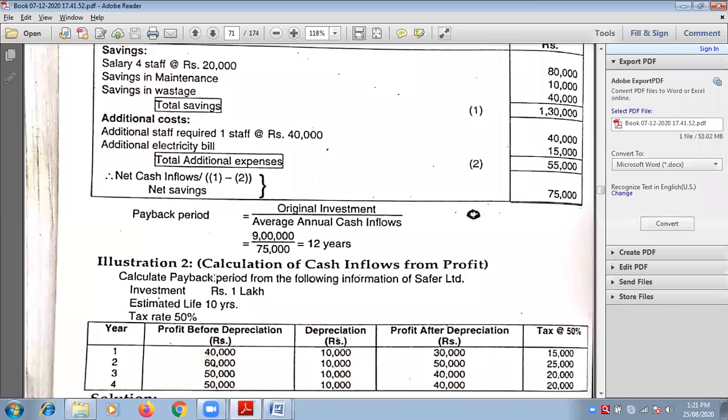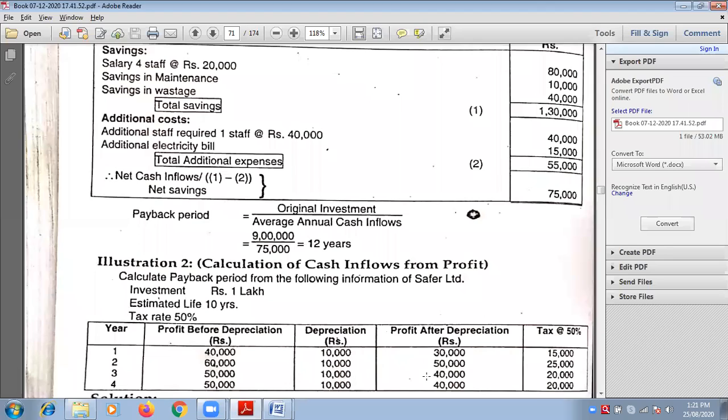What is the net profit before tax of first year? 30, 50, 40, 40. See, I'm not taking this amount. This is net profit before depreciation. After deducting the depreciation, what we get is net profit before tax. And we want that only. To deduct the tax, we want net profit before tax. So this is my net profit before tax.